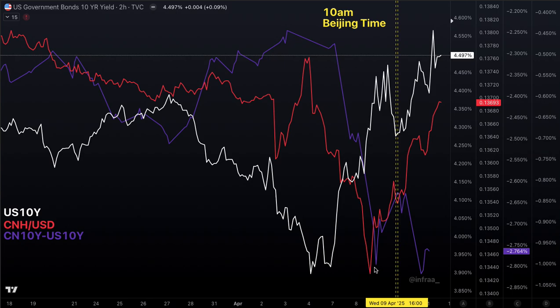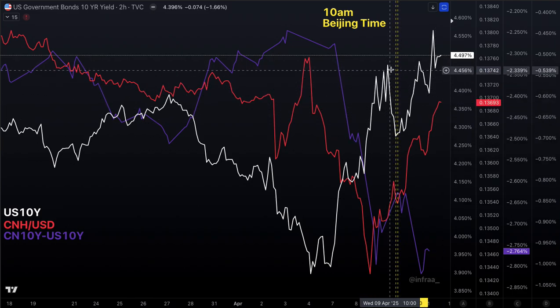And then the Chinese yield started to bounce a little bit, as did the currency, but then something happened here around 16, which would be 4 p.m. Pacific Coast time. And they started to diverge. The interest rate differential started to diverge from the strength of the currency. And we also see that the 10-year yield started to move higher. Clearly, it was moving higher the entire week, but